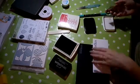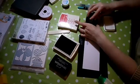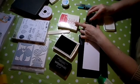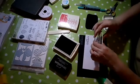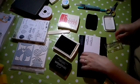so what I'm going to do, I will just stamp this now with Memento ink. And theirs is also a felt pad, so quite a dense, kind of hard pad here, and just stamp that, see if you can see the difference. If we just give it a moment,